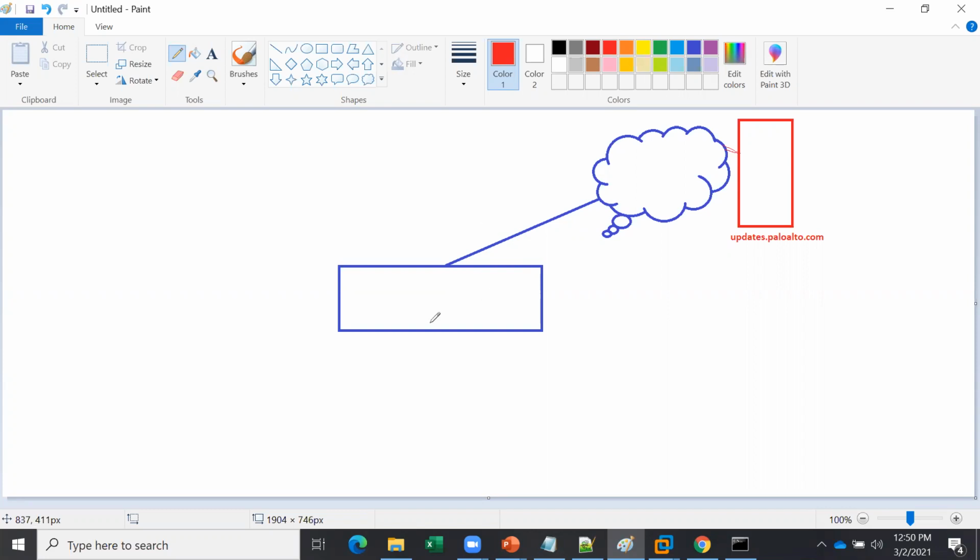We have set a dynamic update saying daily 5 o'clock download and install. So every day at 5 o'clock, this firewall will go to updates.paloaltonetworks.com, where they will have new signatures and new updates for the day, and it will fetch all the information